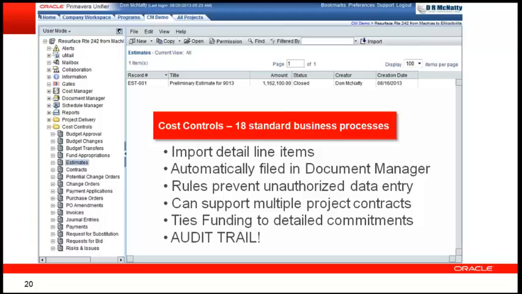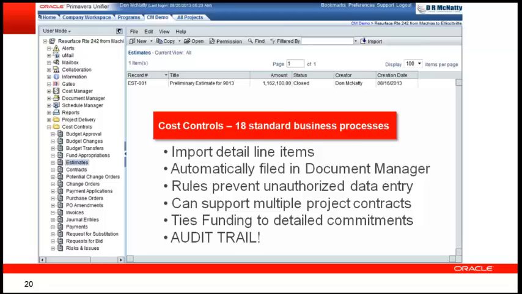Again, the results of your workflows are automatically filed in document management, rules, field level security. Make sure that you're capturing the right kind of information from the right people. You can support multiple projects, so I can write a contract.